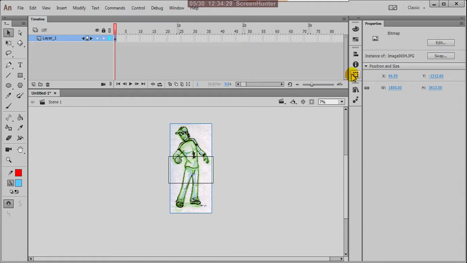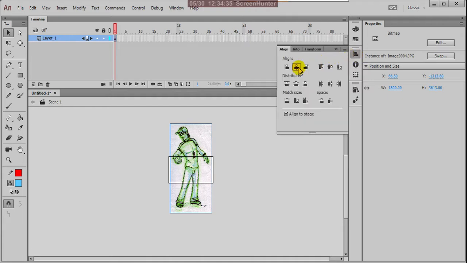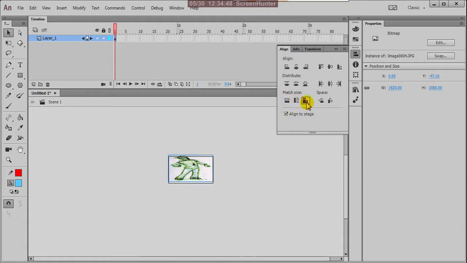Now there are options here, information, and here are the alignments: left, center, and here, fit to stage.